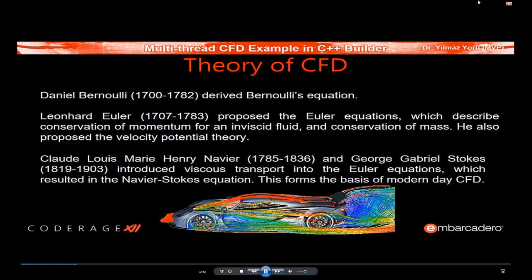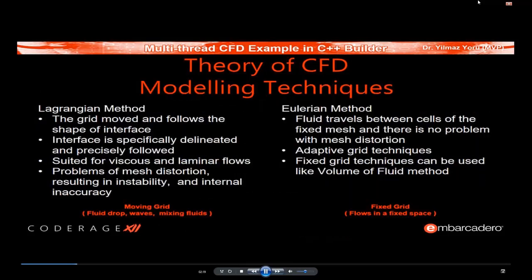In the theory of CFD, there are two modeling techniques. One is the Lagrangian method, and the Eulerian method is the other one. In the Lagrangian method, the grid moves and follows the shape of the interface. The interface is specifically delineated and precisely followed, suited for viscous and laminar flows, but has problems of mesh distortion, resulting in instability and internal inaccuracy. In the Eulerian method, fluid travels between cells of the fixed mesh, and there is no problem